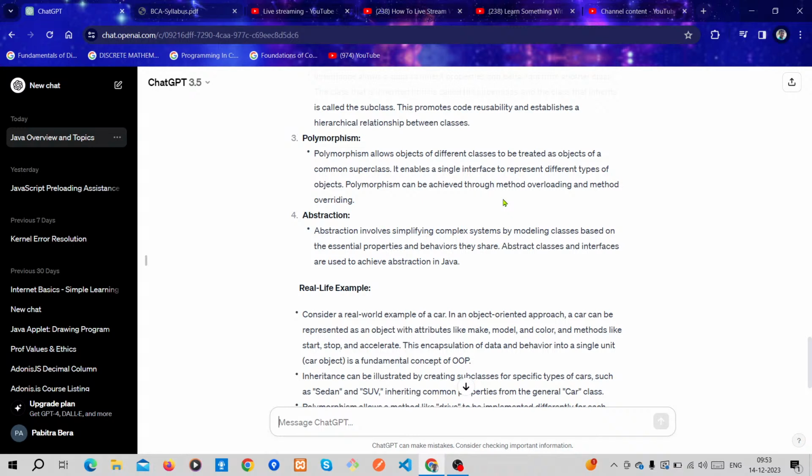Polymorphism can be achieved through method overloading and method overriding. It means the function names are the same, but their parameters are different, or the function name is the same but their return types are different. This is called polymorphism, meaning many forms of one thing.